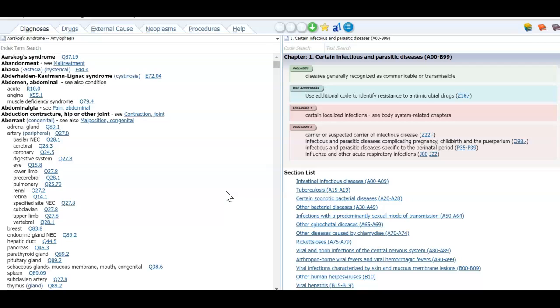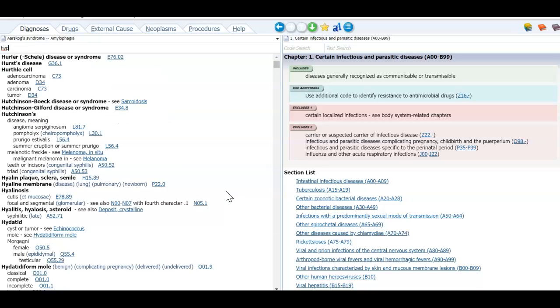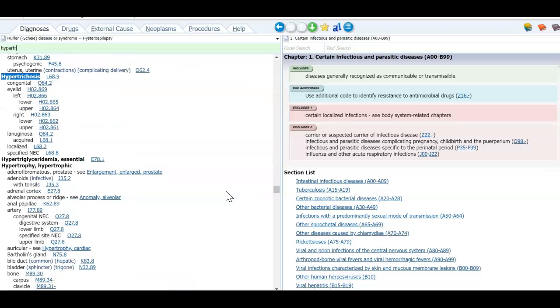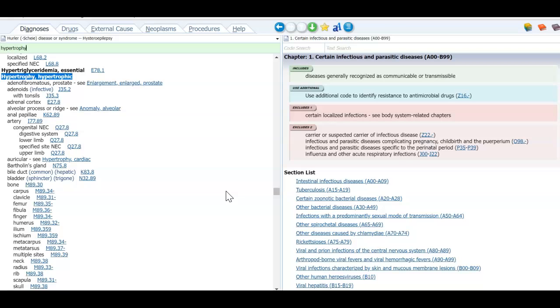So for number one, we have chronic hypertrophy of tonsils and adenoids. Now remember your main term. I'm going to put it in, and it will tell you if you're misspelling it. That happens quite often. Okay, so here's my key term, right? Look at here, adenoids. And I know it's also with tonsils. So I'm going to click on J35.3